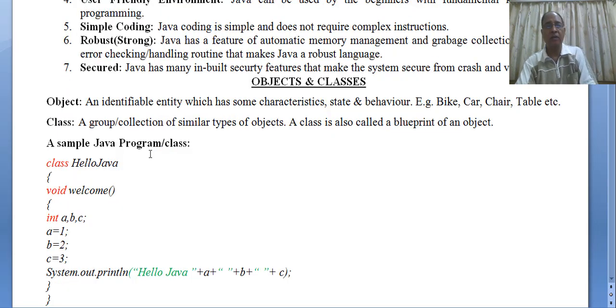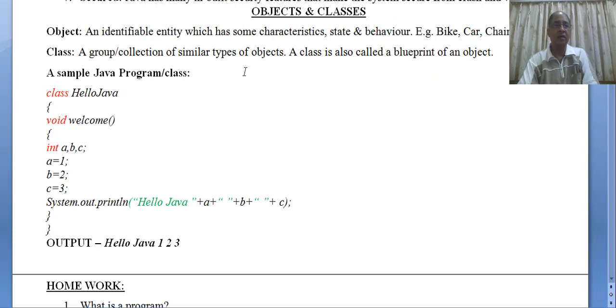Now we understand the concept of objects and classes. What is an object? An identifiable entity which has some characteristics, state and behavior. For example, bike, car, chair, table is called an object. Class, a group or collection of similar types of objects. A class is also called a blueprint of an object.